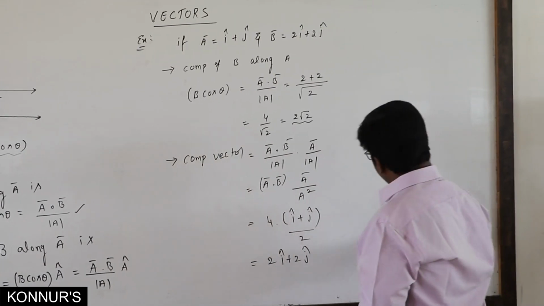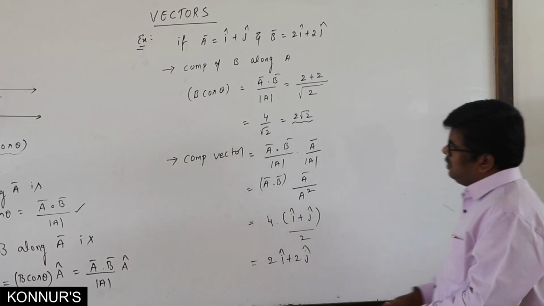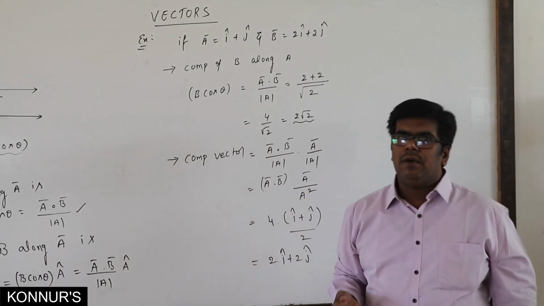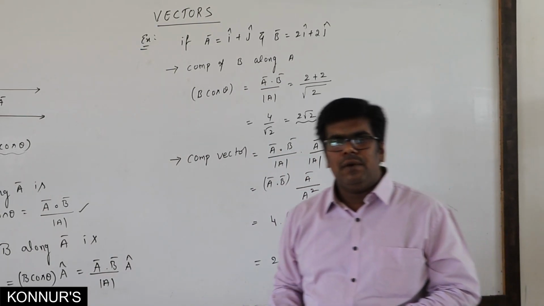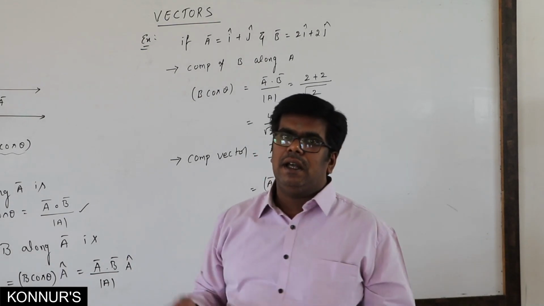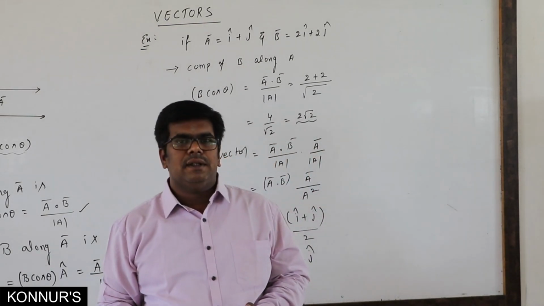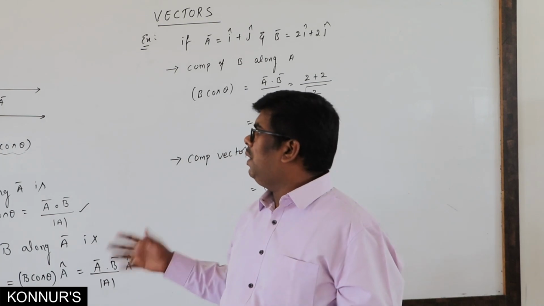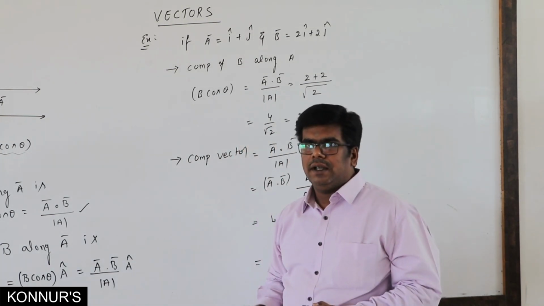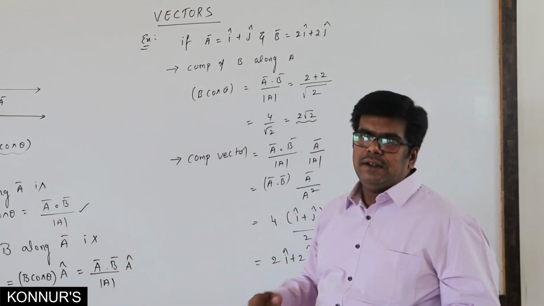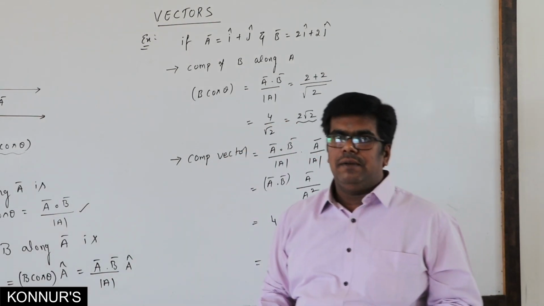Next, usually if you go for work, and work is a scalar product of force and displacement, they will give the force vector and the displacement vector. If they ask for the work, you just have to find the dot product of the given two vectors. Simply, you know how to find the dot product of given vectors. We discussed it already, so such examples you can solve.